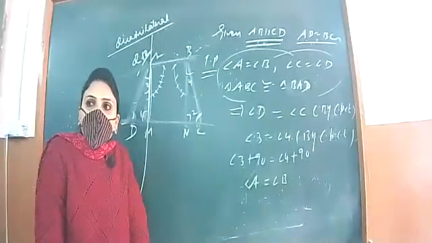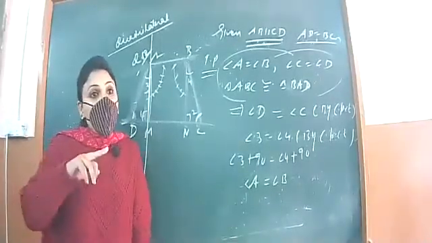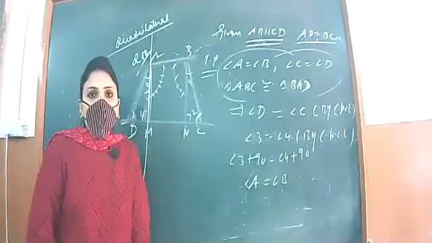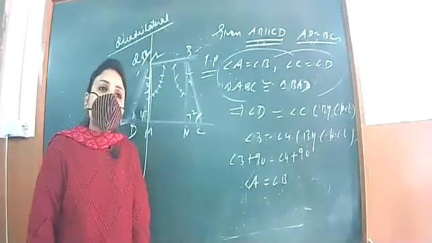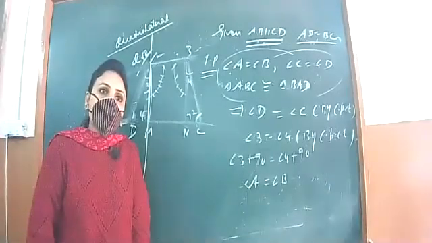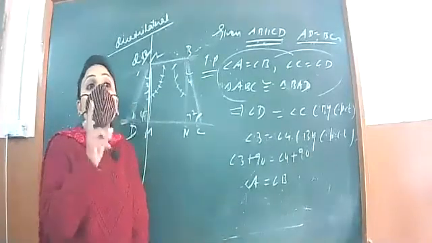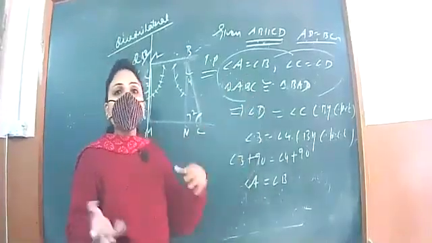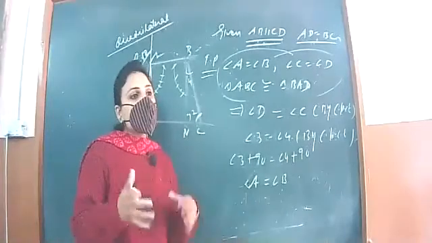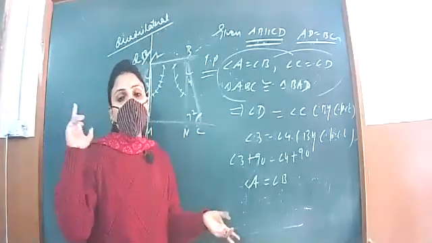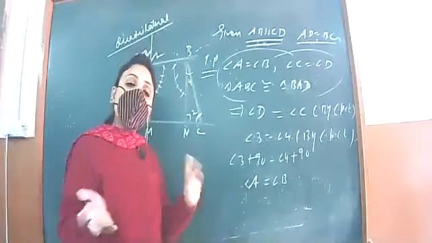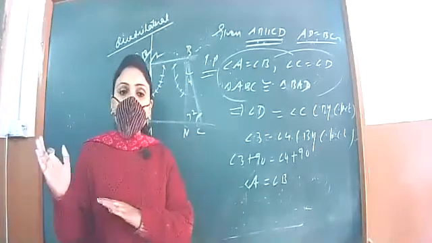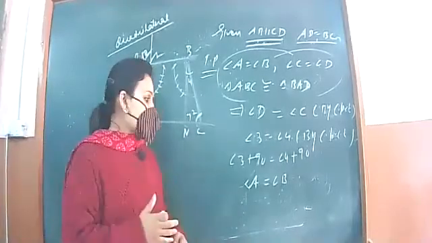प्रूव हो गया हमारा. देखो हमने जो साइक्लिक क्वाड्रिलेटरल का इसका प्रूफ किया है, इसको आगे साइक्लिक क्वाड्रिलेटरल कैसे प्रूव करेंगे? सेम प्रूफ के बाद कैसे सम 180 आएगा ऑपोजिट एंगल्स का? एंगल सम प्रॉपर्टी ऑफ क्वाड्रिलेटरल यूज करोगे, उसमें A और C को रख लोगे और B और D को उनके साथ replace कर दोगे, and you will get A plus C to be 180. Same question we have done in the cyclic quadrilateral circle chapter, and I want that proof we should do in the same way as we did earlier, so that some similarity remains there.